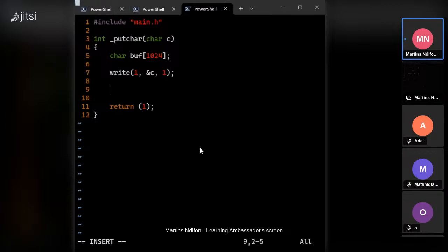So the way I came up with was, we're going to call put char with -1. Every time we call put char with -1, we're basically telling put char to print everything that we have in the buffer. So if it's not -1, then we want to save into the buffer. But if it's -1, we want to print everything inside the buffer. So we'll just say if our character that is coming in is not equal to -1,